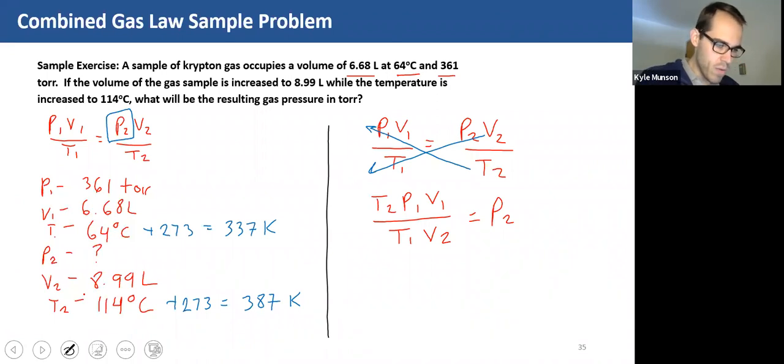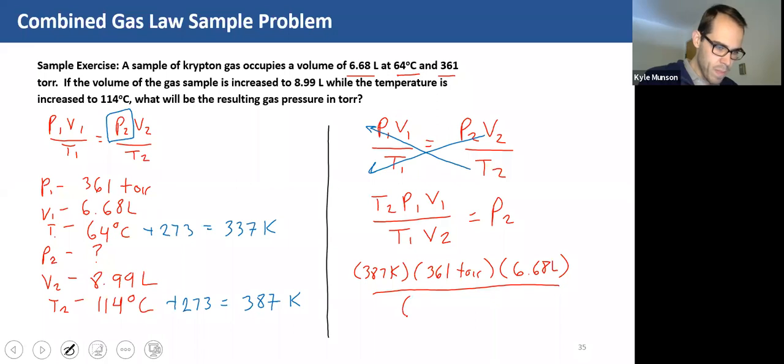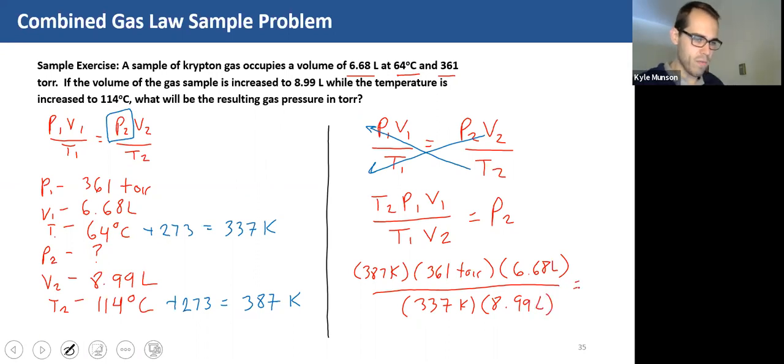So T2, 387 Kelvin, times P1, 361 torr, times V1, which is 6.68 liters, over T1, which is 337 Kelvin, times V2, which is 8.99 liters. And I am running out of room, but let me put this in my calculator and see the